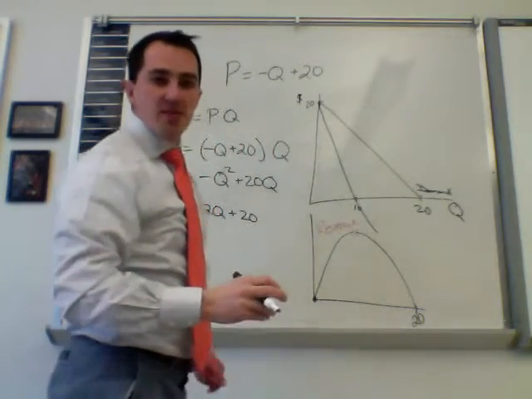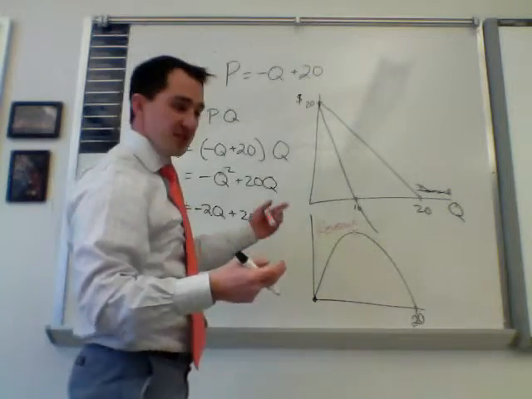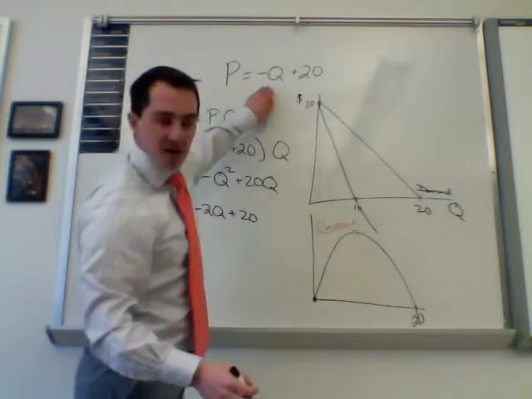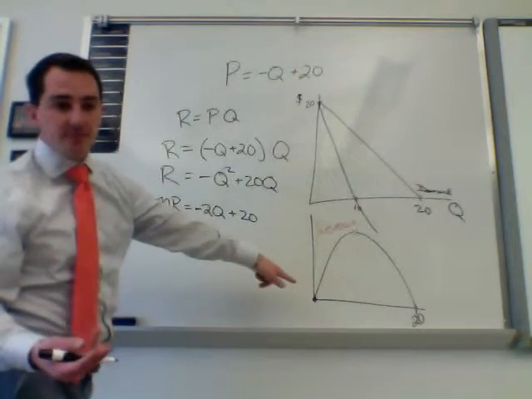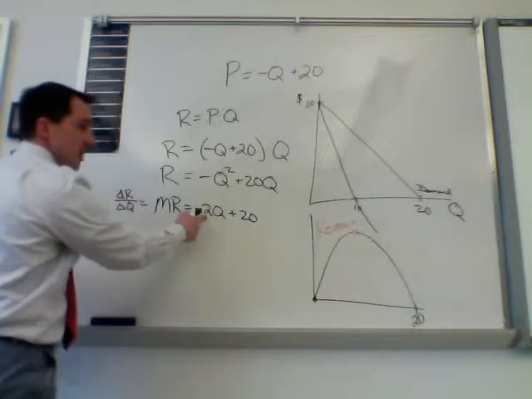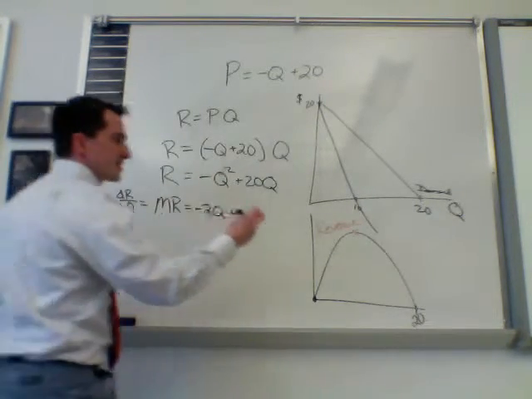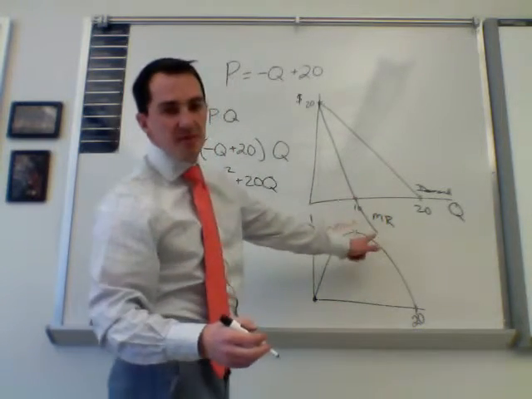If you look at some AP Micro intro books, they might just say that this is twice as steep. Well, that's based on an assumption that the demand curve is linear. So the revenue curve is a parabola. So yes, the slope is twice as much, going down negative. This is called the marginal revenue curve. And it's okay to have some of this in the negative